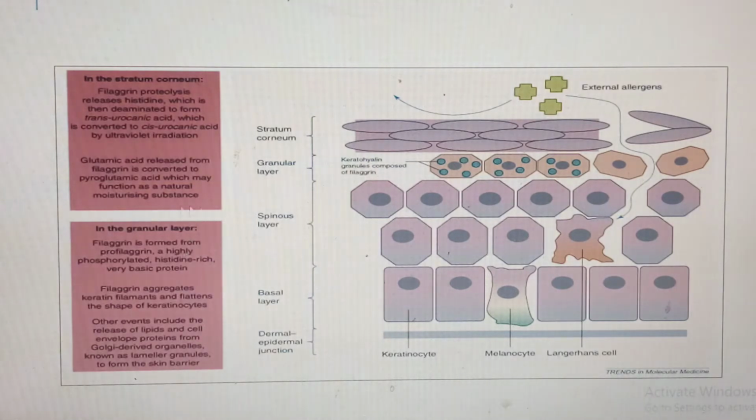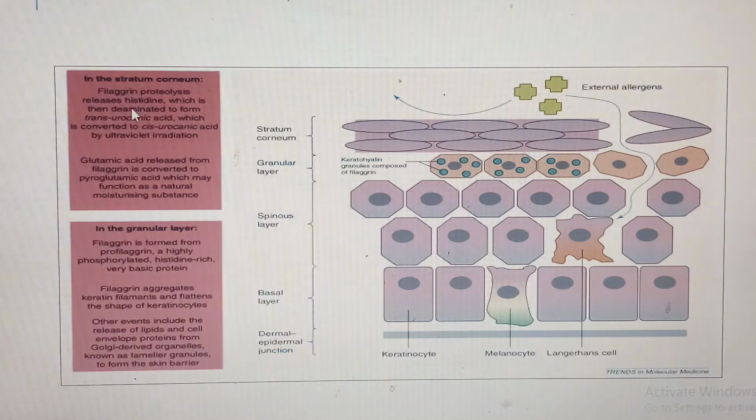Now, once these cells migrate from the granular layer into the corneal layer, or the horny layer, there's going to be proteolysis of these filaggrin proteins. So they break down, and when they break down, they release histidine, because filaggrin is rich in histidine, even glutamic acid, and it is highly phosphorylated. When that happens,